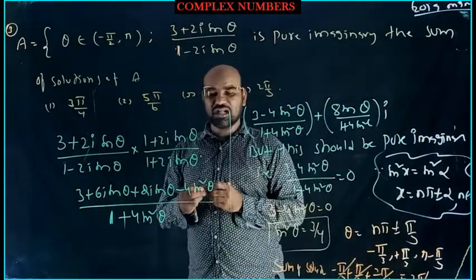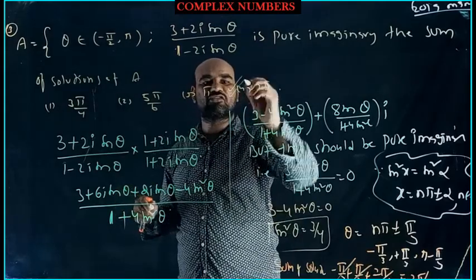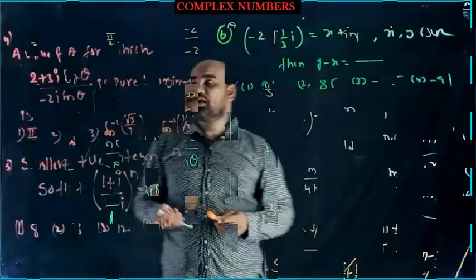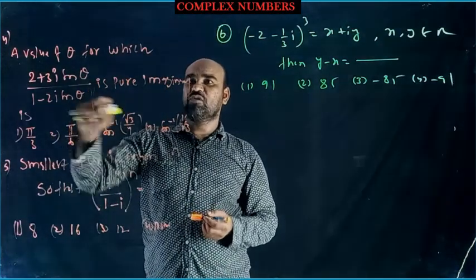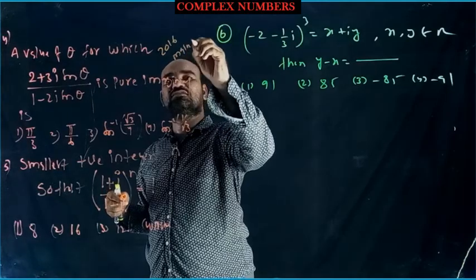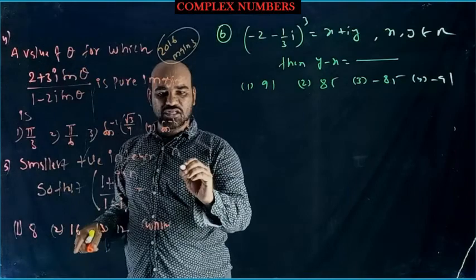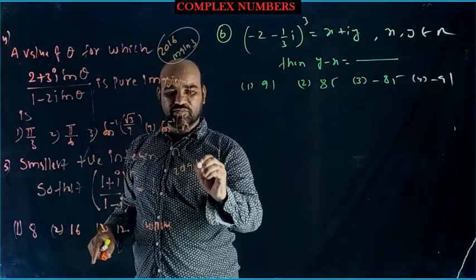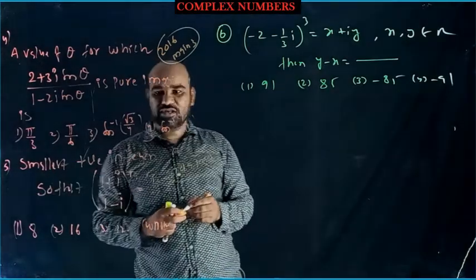Therefore the sum of all solutions of the problem is nothing but 2 pi by 3. Yes, 2 pi by 3, the fourth option is correct. So we have 3 problems here. This is like a previous problem, a 2016 Mains problem. You people can complete it. This is a 2019 Mains problem. These are easy only, you people can do it.